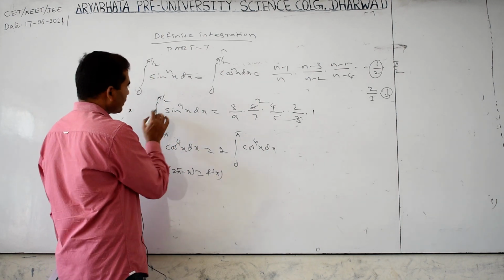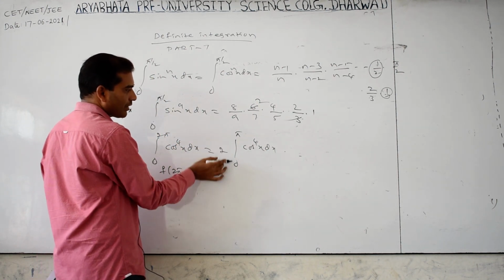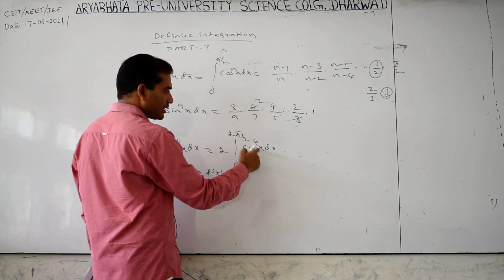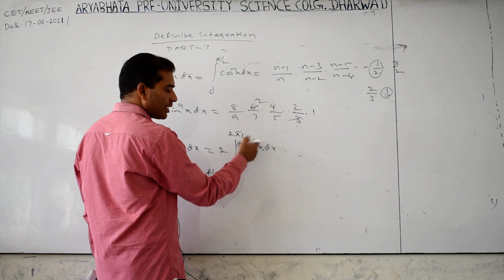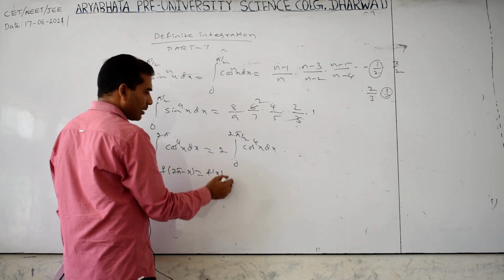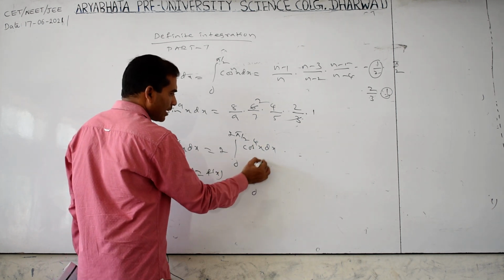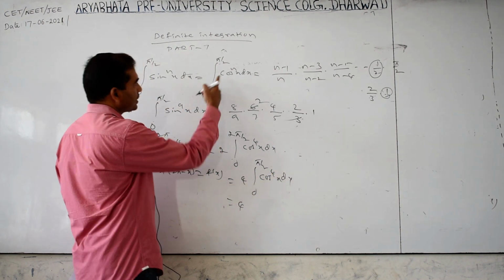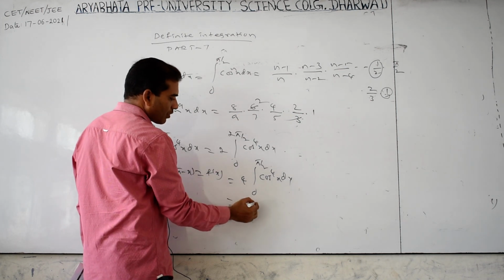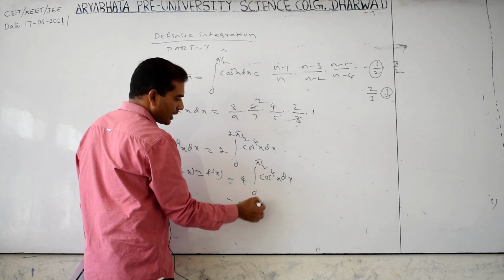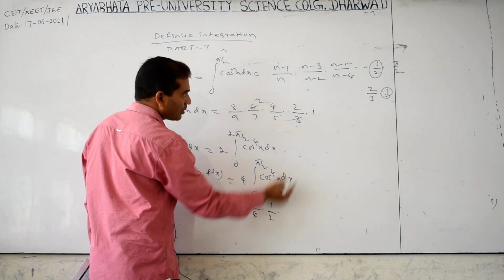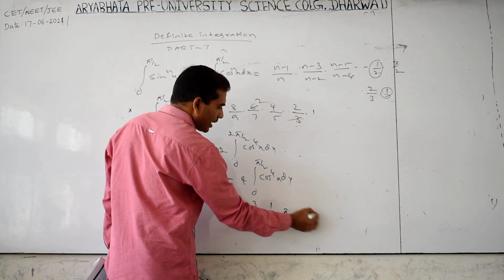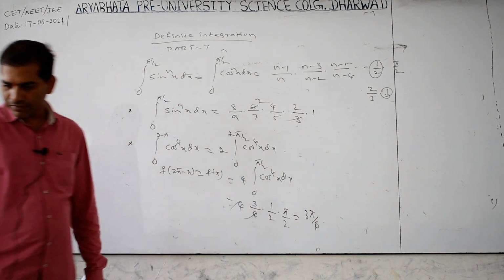Again it is not in the form of 0 to pi by 2, here the interval is 0 to pi, again you write 0 to pi by 2. 2 pi minus x is minus, but power is even, so we will get this only, again 2 comes down, 4 into 0 to pi by 2 cos power 4x dx. Now it is in the form of this. n is equal to 4, 4 minus 1, 3 by 4, decrease by 2, 3 minus 2, 1 by 2. If it is 1 by 2, multiply by pi by 2. So answer is 3 pi by 4.